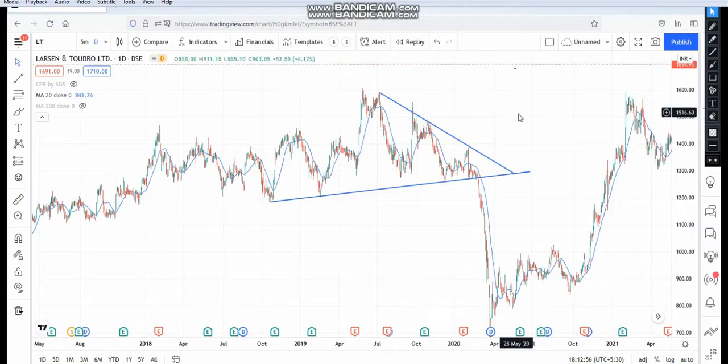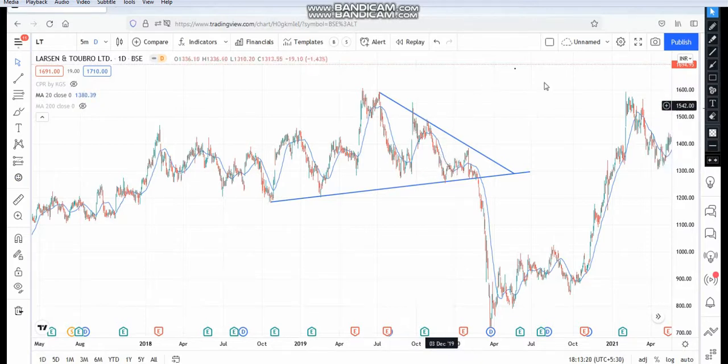Now we have framed a triangle on the chart. So this is called a triangle pattern. First, once you look at the chart, you have to identify the pattern, whether it is a triangle pattern or a cup and handle or W pattern or M pattern, double top. So these are things, once you look at the chart, immediately you have to identify the pattern. Then only you can trade accordingly.